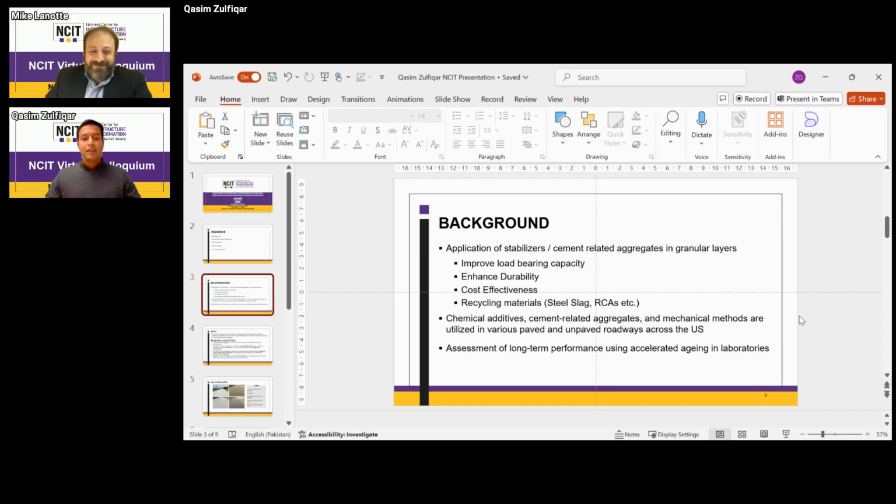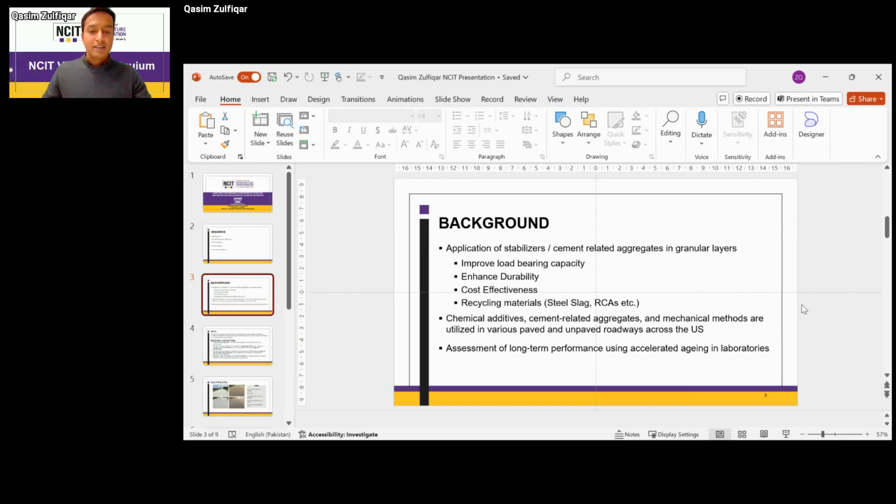Got it. So for the background slide, as I said, what people have previously done in order to assess the long-term performance of the aggregates or the stabilizing agents is carry out accelerated aging in the lab. Now we have an understanding that lab atmosphere, lab conditions cannot exactly replicate the conditions that we have in the field, and along with the long-term exposure, such stabilizers or such cement-related aggregates having different elements in them also pose some environmental risks. So keeping that in mind, what we are doing here